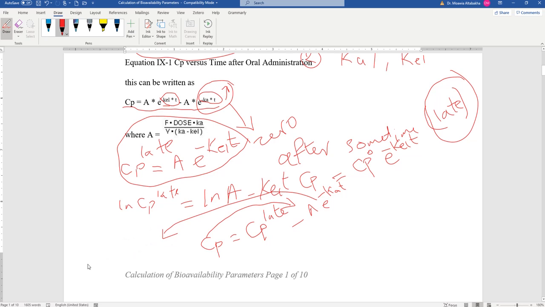Okay, بصير عندنا A في E أس minus KA في T يساوي ايش؟ CP late